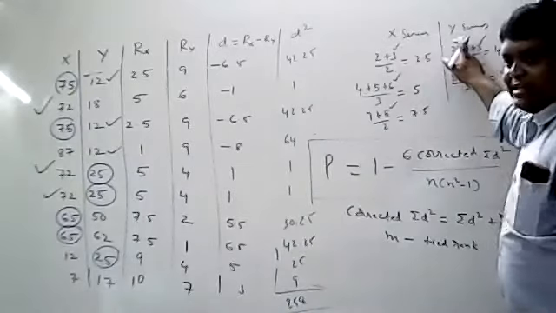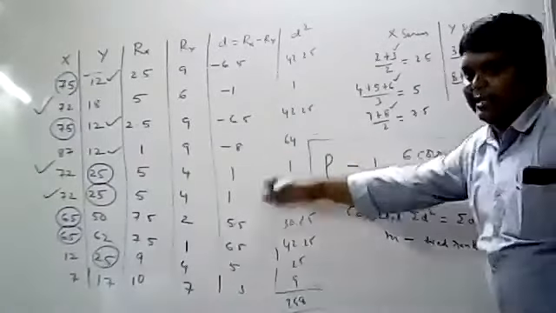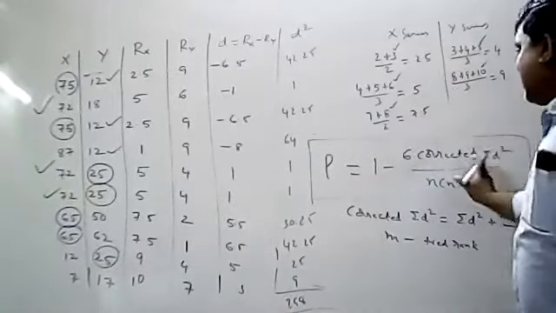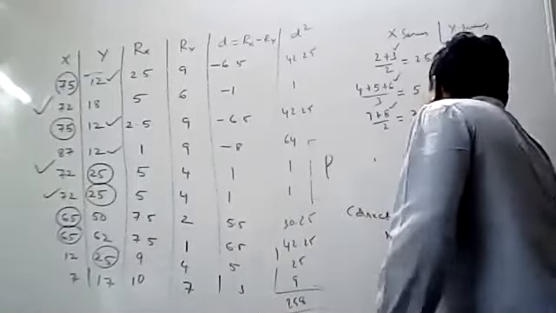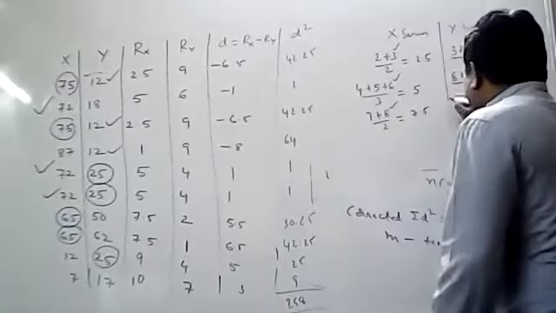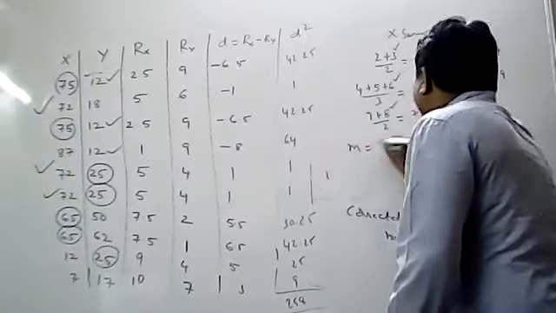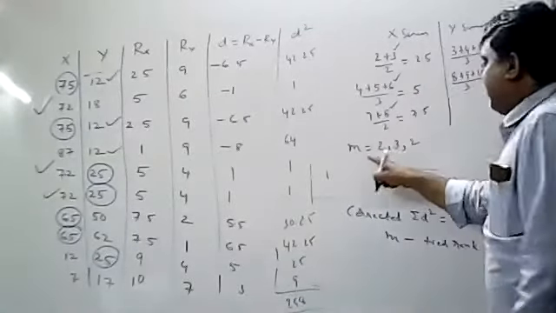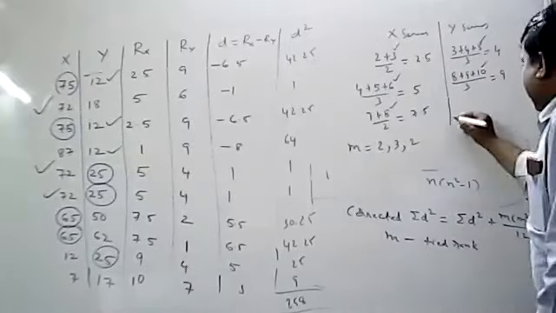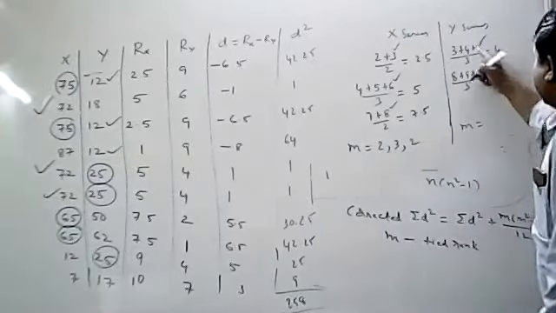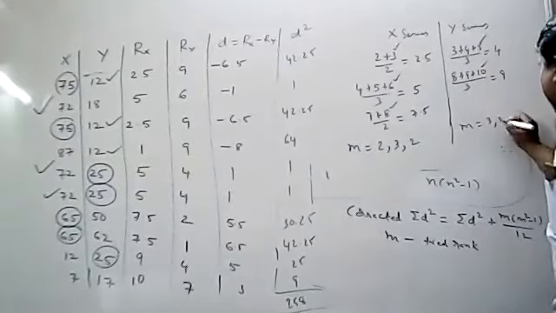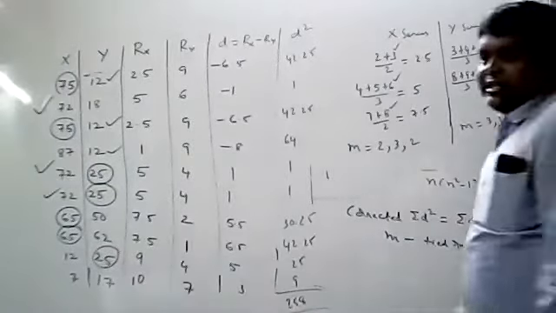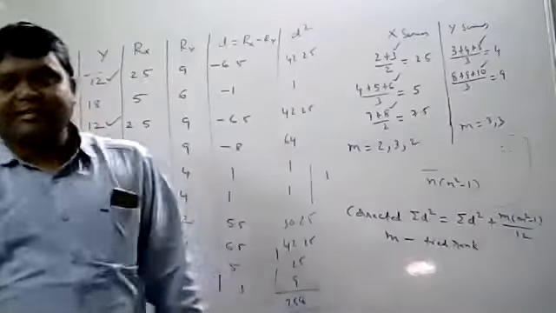Before that, you have X series and Y series. Write these values also below the table. These are the X series values. These are the Y series values. Now I will write here. What is the M value in X series? First value is 2. Next value is 3. Next value is 2. So M takes 2, 3, 2. In Y series, what is the M value? M value is 3. Again, this is 3. So M takes the values 2, 3, 2, 3, 3. So these are the M values.